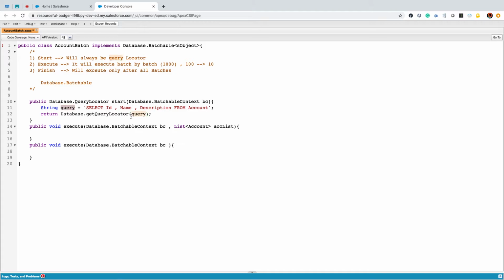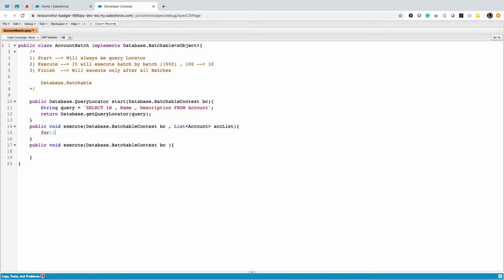You will be passing your query. So what happens? The return type is Database.QueryLocator, and you are passing your query. Now imagine that whatever query you are doing, you will get data in the form of an account list in the execute method. This is how the interface works.